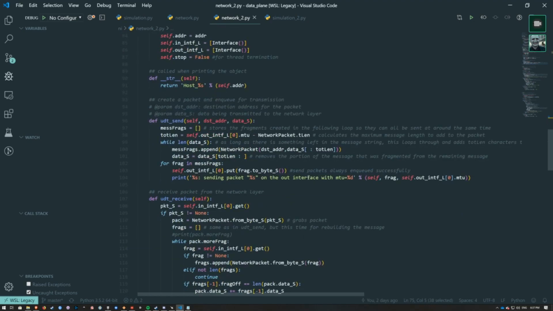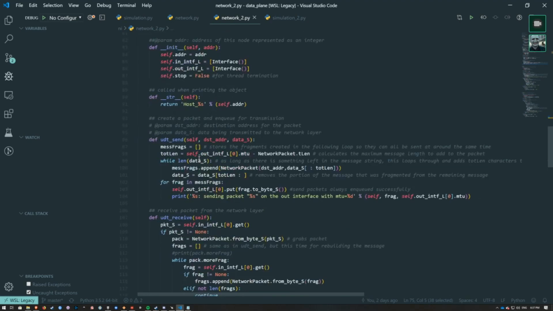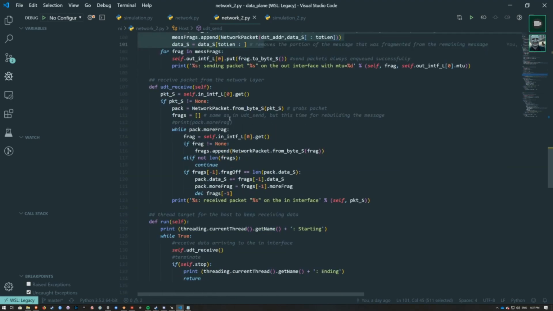If we move on into host now, let's take a look at send. So I've changed it so that now it can send as many packets as is necessary based off of the recipient's MTU, rather than just splitting it into 2 packets regardless of whether or not the split packet will fit. And if we go into receive, this has now been modified to rebuild packets from the fragments using the more frag flag to determine if more fragments are going to be delivered for the packet,